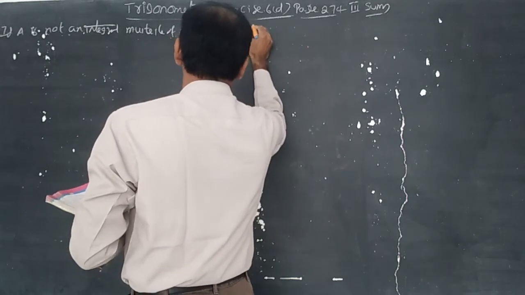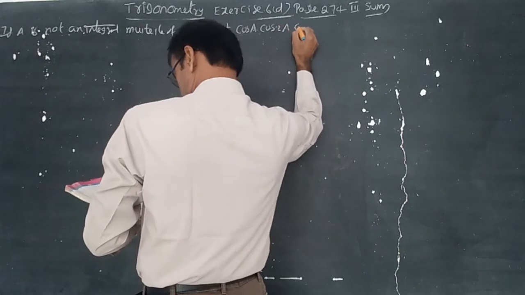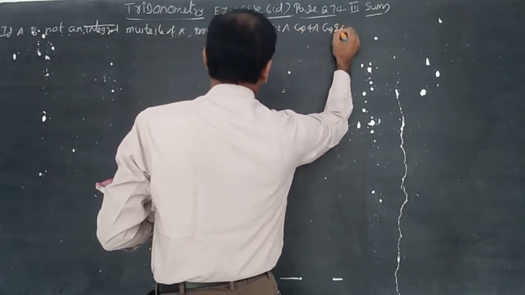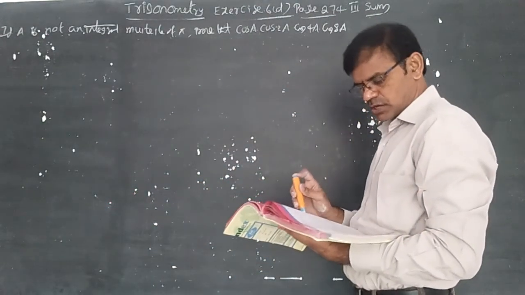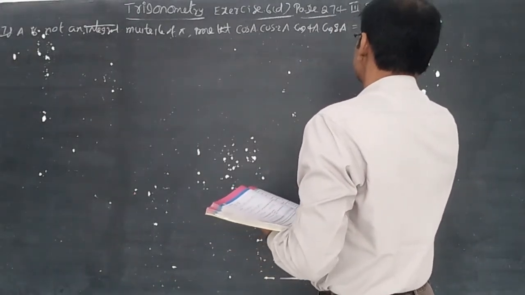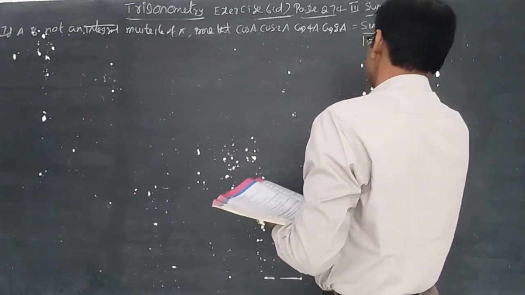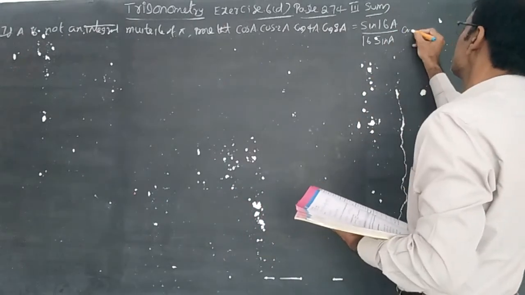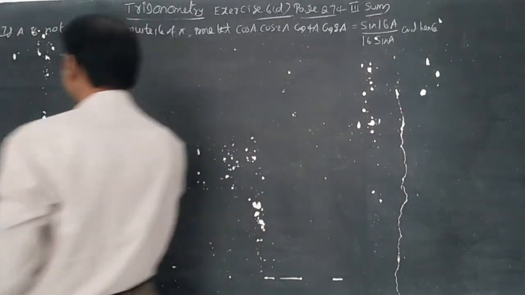cos A into cos 2A into cos 4A into cos 8A is equal to sin 16A by 16 sin A, and hence deduce that